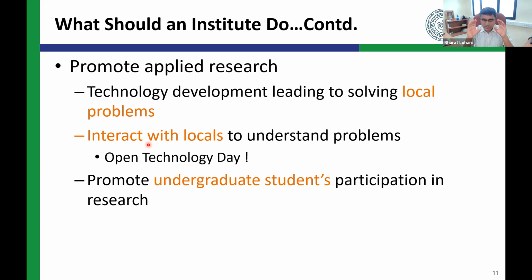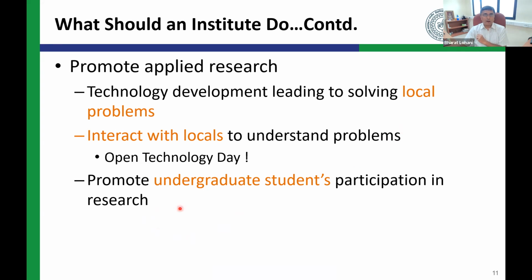That was a very important question. And why is it important? Because our students are not exposed to the local problems. So I see there should be the possibility of students, faculty, and others interacting with the locals. Because which problem to solve? There are so many problems to solve. Which problem is really important to solve? We should be very clear on this. Once we find which problem we are solving, this is very important for any startup. Once this is clear to us, other things can be managed.